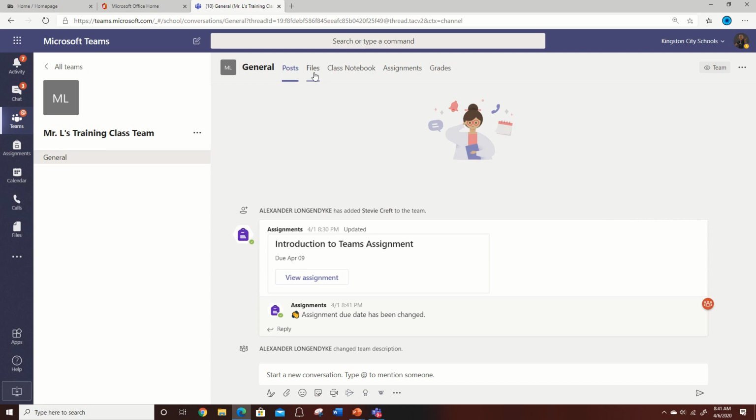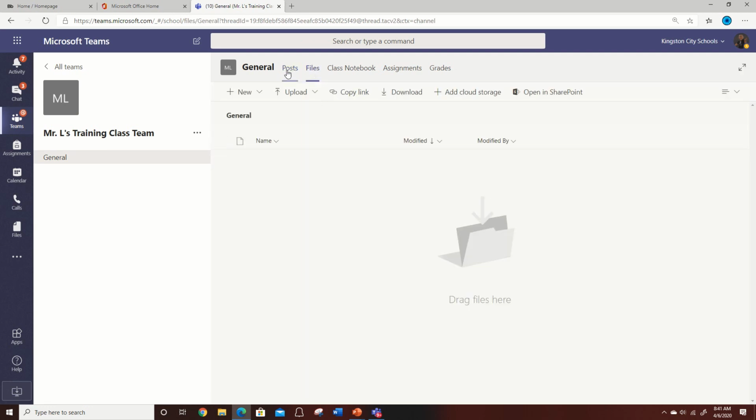We may have files that the teachers left for me to take a look at, and that'll be here. We have a class notebook space. A class notebook is a very powerful tool. Some teachers are going to be using it with you. Others may not. It just depends on the type of space that you guys are working in digitally together. But class notebook is a great digital note-taking tool where you can fill in forms and do different work using a digital